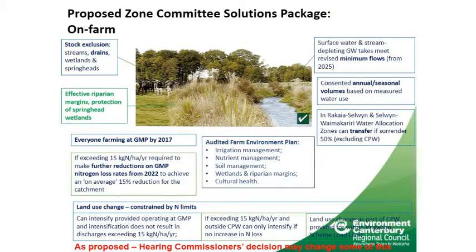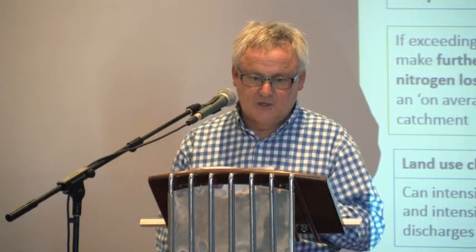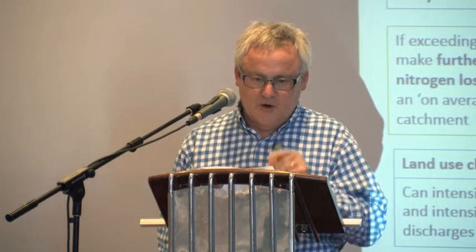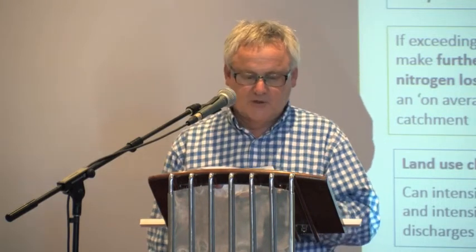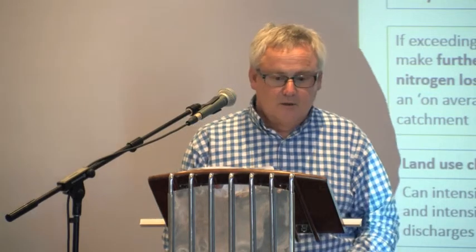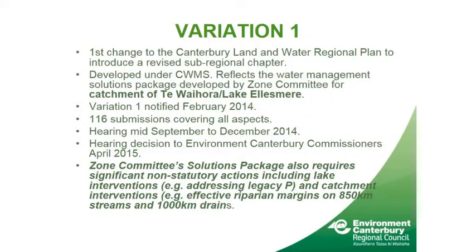we call the solutions package, and this is focusing particularly on farm interventions, but there's a whole bunch of stuff around constraints on land use, on nutrient discharge allowances, on revisiting flows in rivers, managing water allocation differently, exclusion of stock, a whole bunch of things around that. Sorry, what's that, Chris? Just excluding CPW. Okay, so what that meant was sitting waiting final decision is something called variation 1,